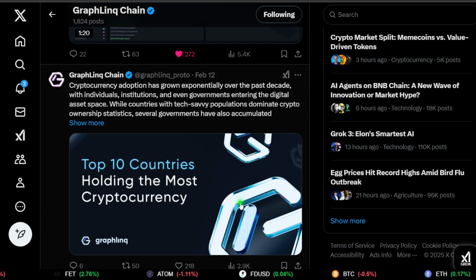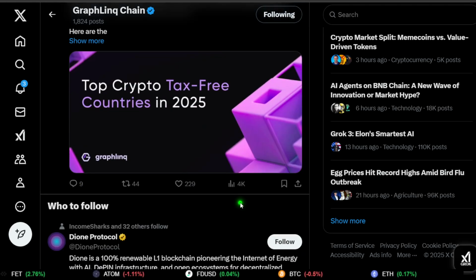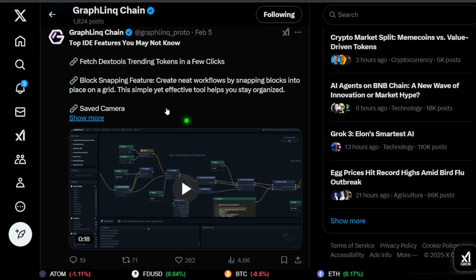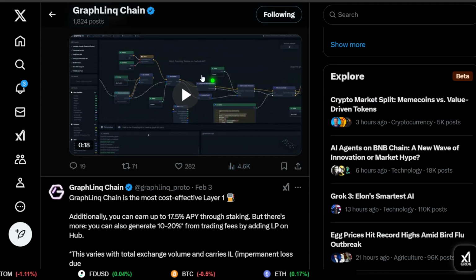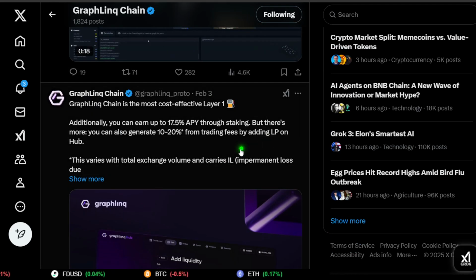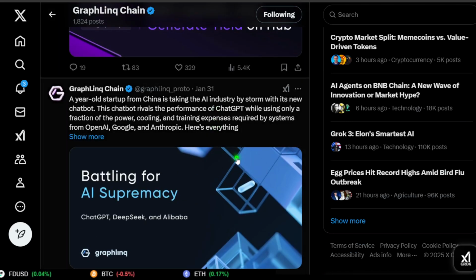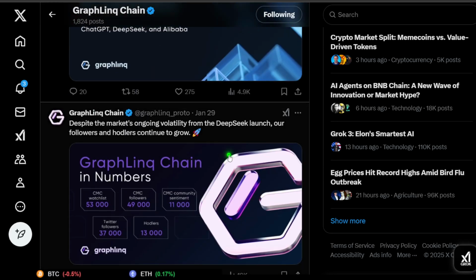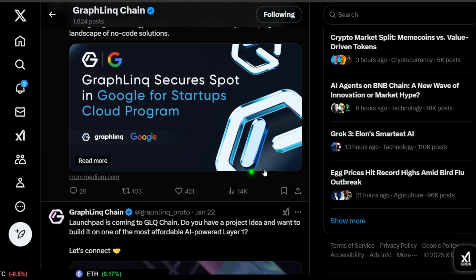Top 10 countries holding most cryptocurrency. Okay, I don't know how that's valid. Another repetition there. Tax-free countries. Okay, why are they promoting different countries and taxes? I'm not sure. ID features. Again, they're really pushing their IDE and being able to create programs using blocks, like Scratch. I don't know if you've done that with your kids or yourself, but okay, making it easier again. And that's their socials, and they post frequently, but with a bit of repetition again.